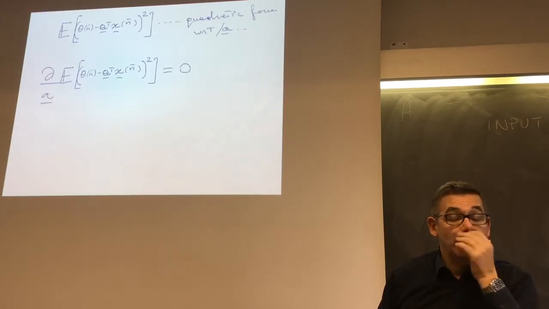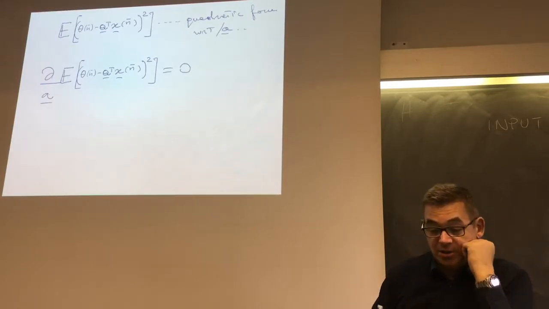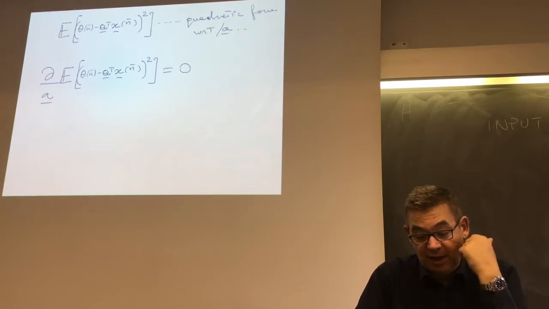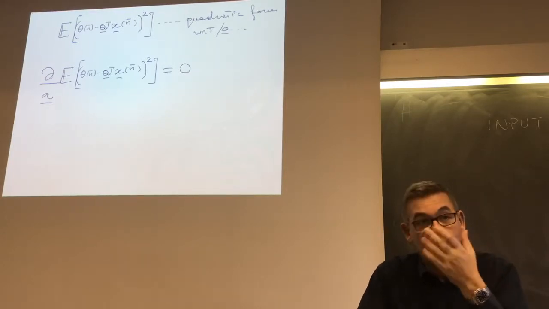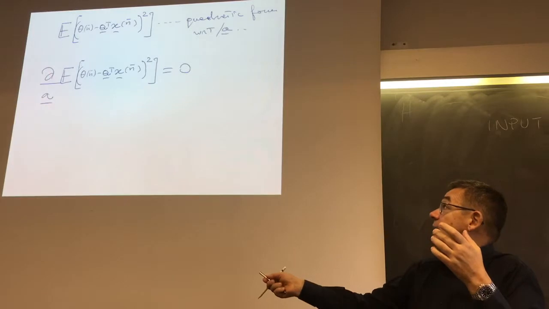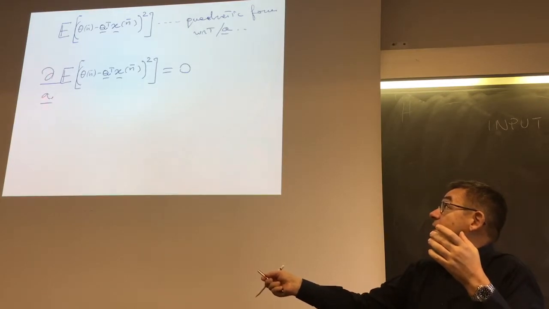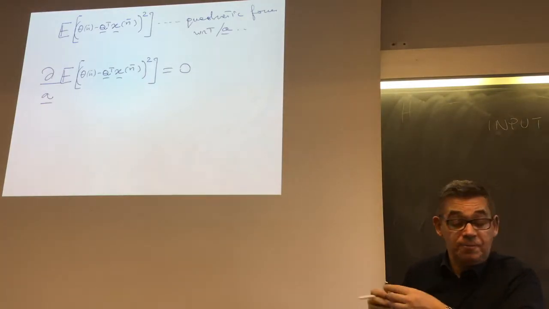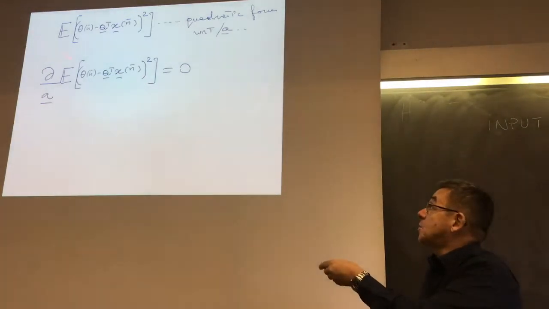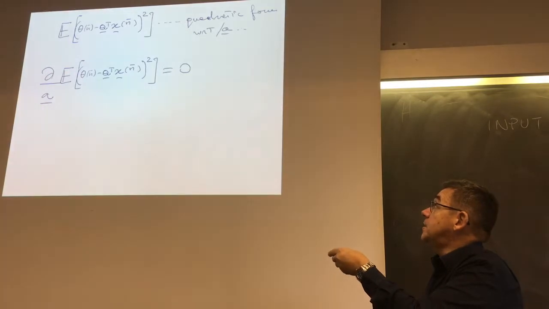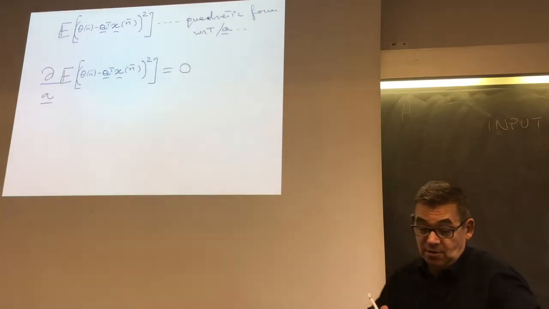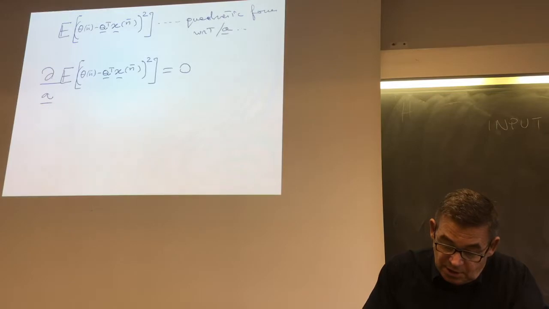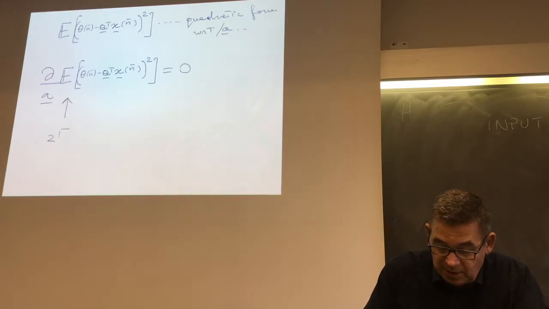Now, you already learned that when I say I calculate the derivative with respect to a vector, it means that I calculate the derivative with respect to each entry of that. So I have a square, and when I calculate the derivative it is 2 times the error. So the derivative is 2 times the expectation of